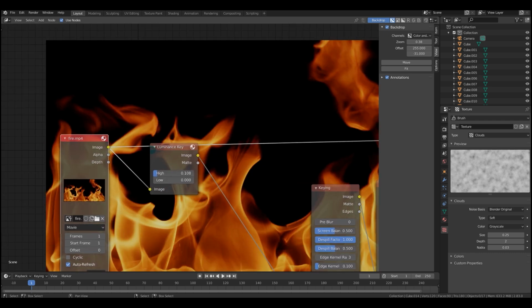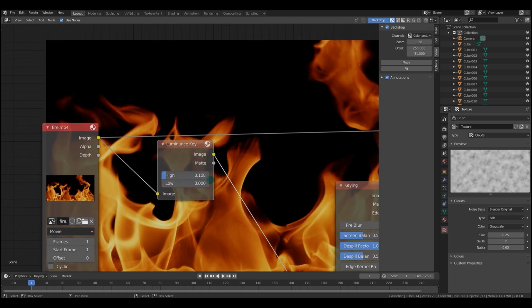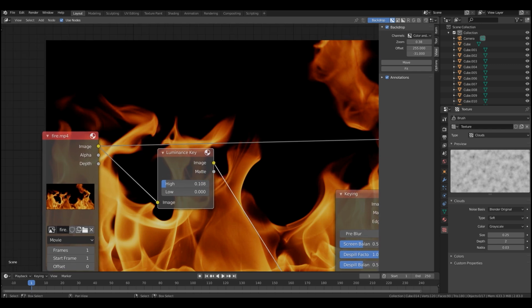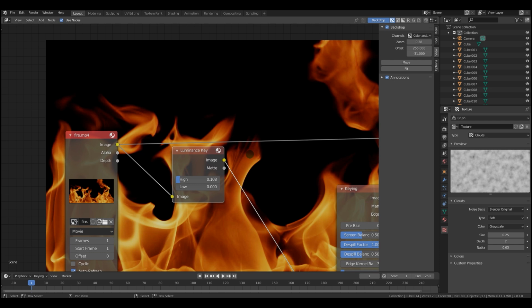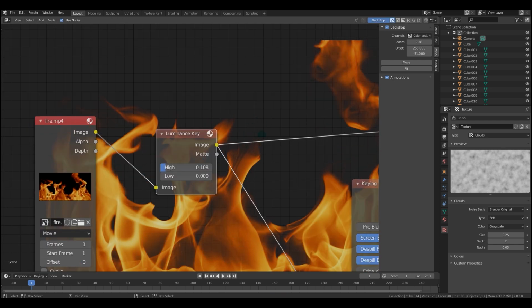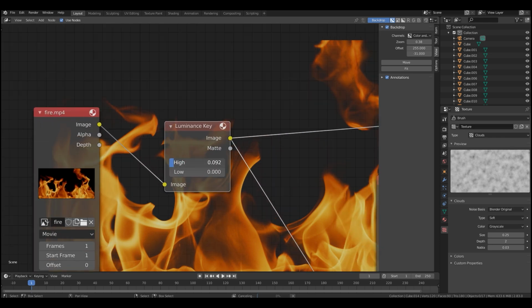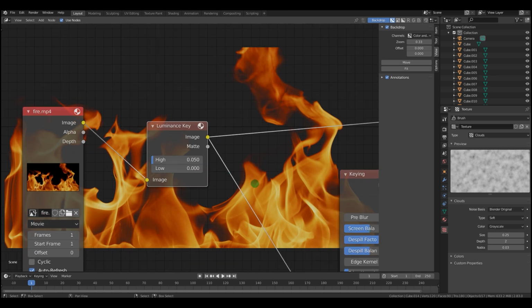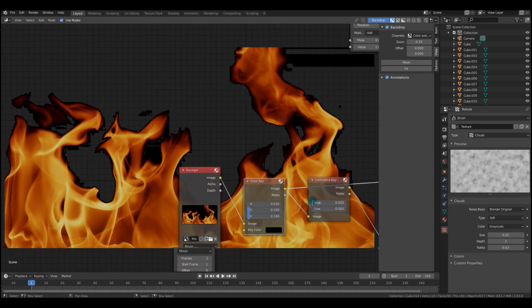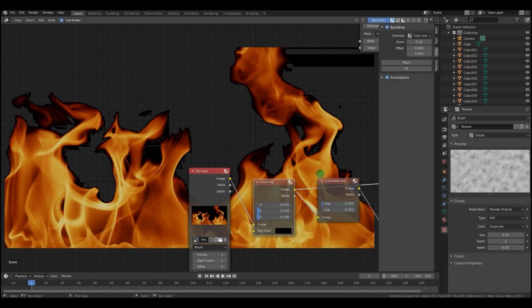Finally, for the matte nodes, the luminance key node. Keys based on pixel luminance. It's really useful when keying out dark backgrounds. Sometimes when you download effects, they'll have a dark background instead of some sort of green background, and you would use the luminance key to work with this. If there's a very distinguishable difference between the dark background and the element itself, you'll want to bring this high slider down. This essentially is the cutoff where any luminance above this will be 100% opaque. But that is exactly how you should be keying out dark background footage. Other things such as color key are not going to work out the way you want them to.